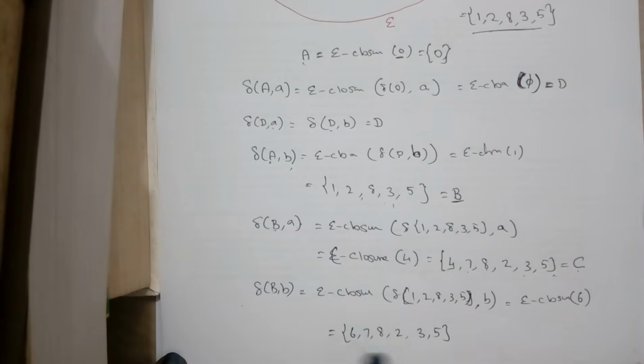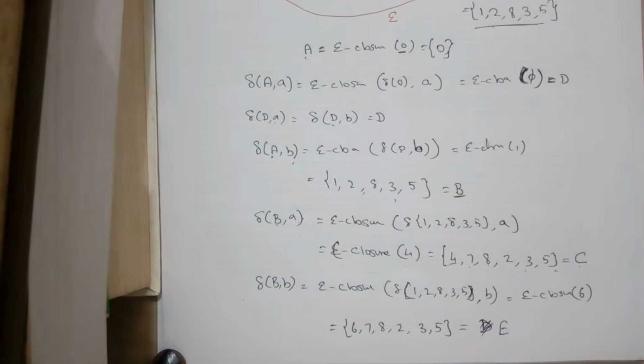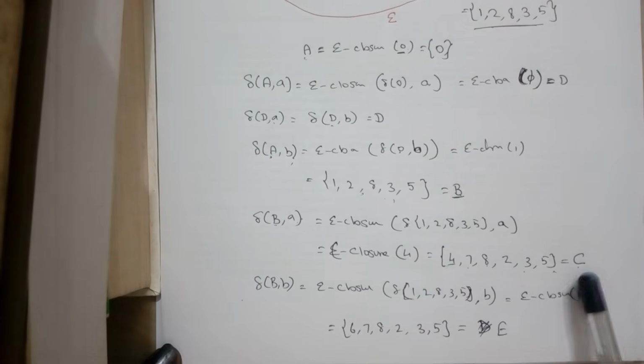So we have a subset again. We have to compare this subset with the existing subsets, but this is a different one. Here we have 6, and 6 is not there in the other states. So we have to give a new name for it, that is D. D is already included, so we can have the state name as E. So now we have two different states, that is C and E. We have to find the transition of C on A and B and E on A and B.